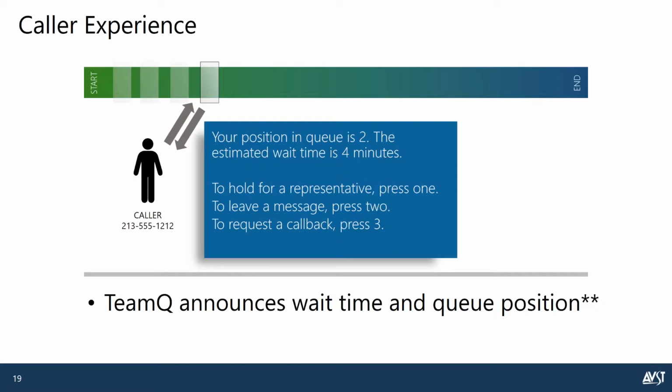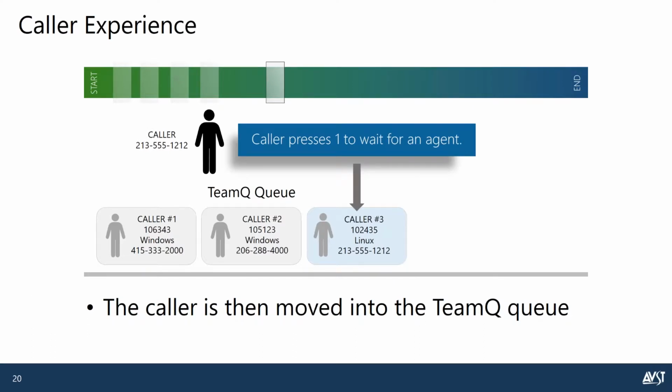So they've decided to stay in queue, this caller, and so now we have our queue. This particular queue for IT support has 3 callers in it now. It already had 2 callers waiting to be answered, both looking for support on Windows, and it has this new call, which is looking for support on Linux. Now, in a traditional queue, of course, as soon as an agent became available, that caller number 1 would be pushed out to that agent, and we can set up our queue that way, but generally that's not really where